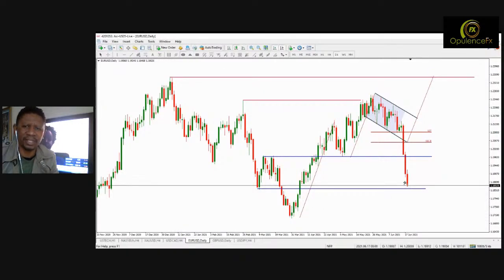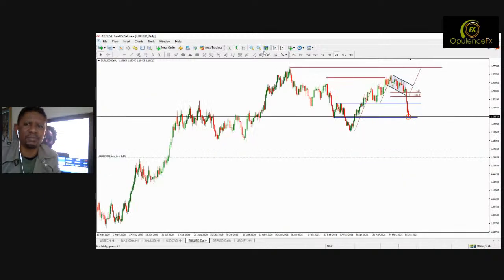This must be the end of the bus. If these guys can pass here and finish the session lower, we are going to be seeing bloodshed in the stock markets next week. I'm warning. That's what I'm here for. If this point would not hold, we could be up for a big problem next week. All right. That's what you're looking for.